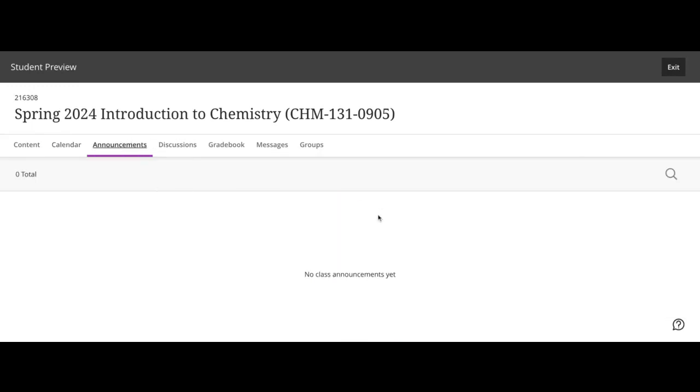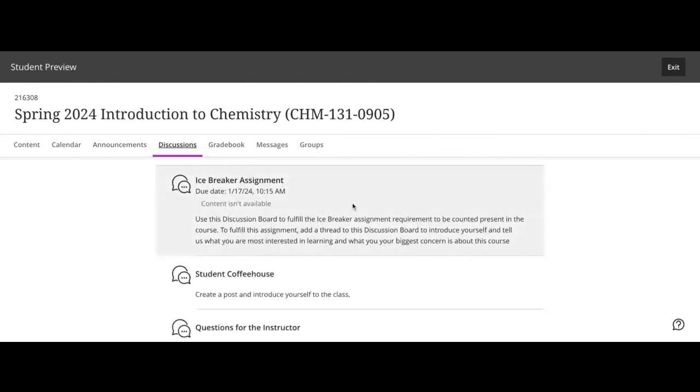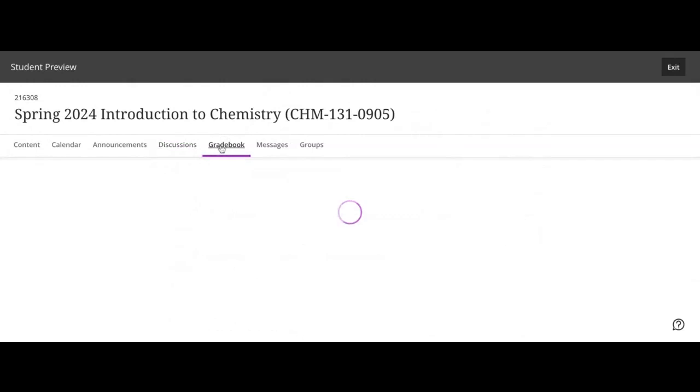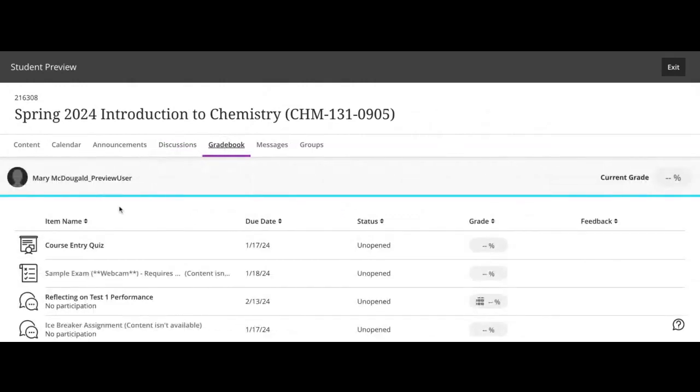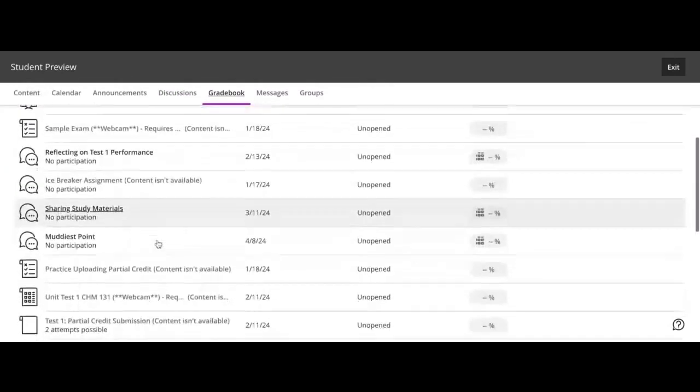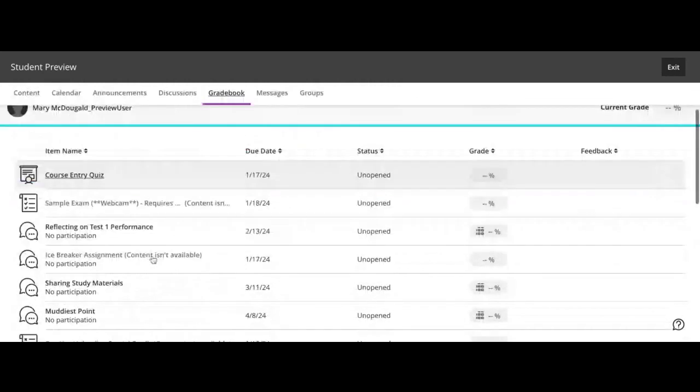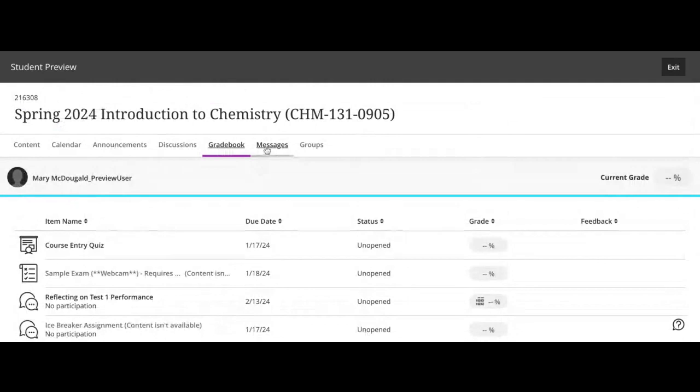Your announcements tab will display your weekly announcement related to the course and what you need to cover for the week. For your discussion boards, you're going to be clicking on the discussion tab and you'll see your discussion boards that are there for you to complete for grading. The next tab you'll see is your grade book, which will list all of your assignments and your current grade. If you have any questions about grading or any of that, please let me know.